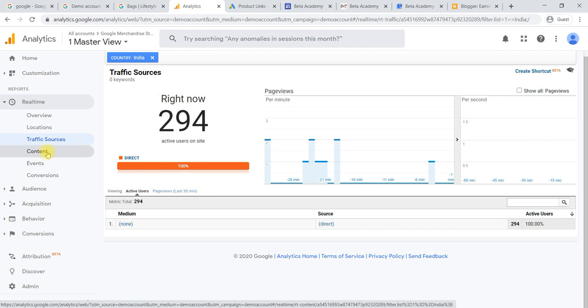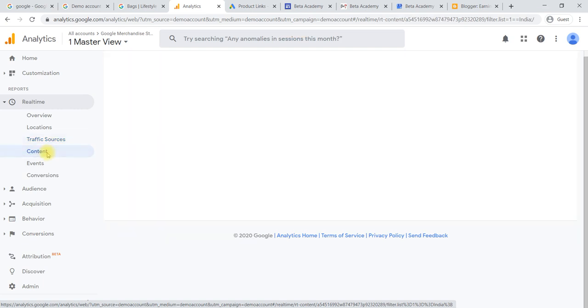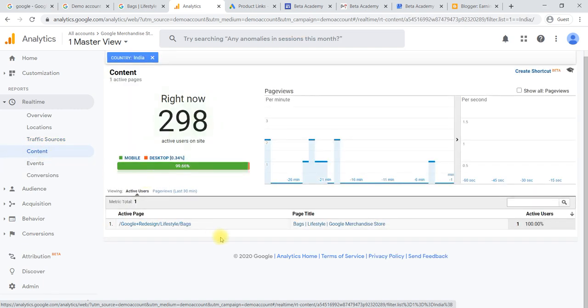And next it comes to content. Content is nothing but which particular web page is actively used now. Active users, you can see here this particular web page, and many of the others are on the home page.